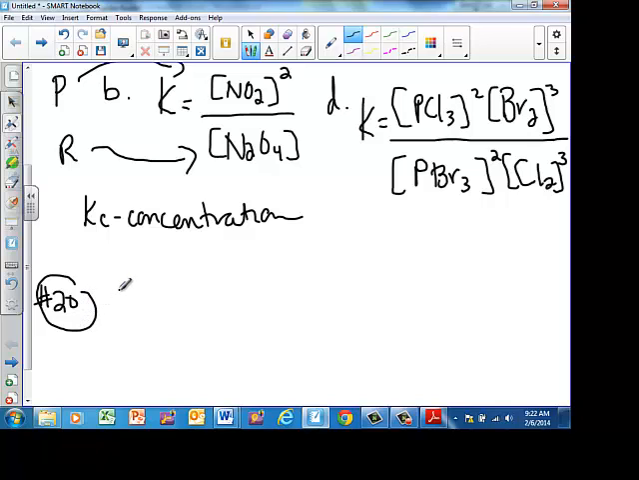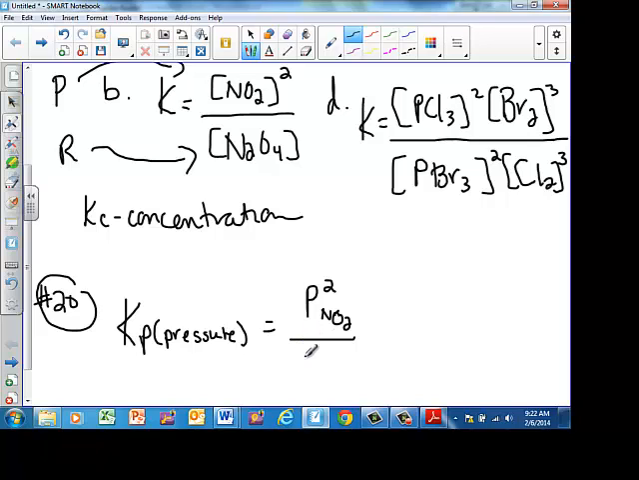So for number 20, it wants you to write the partial pressures. Well, the only difference for number 20 is that we're going to use KP. P is going to stand for pressure. And all you have to do for these is, instead of having concentration raised to the second power, you do partial pressure. So you would have the partial pressure of,